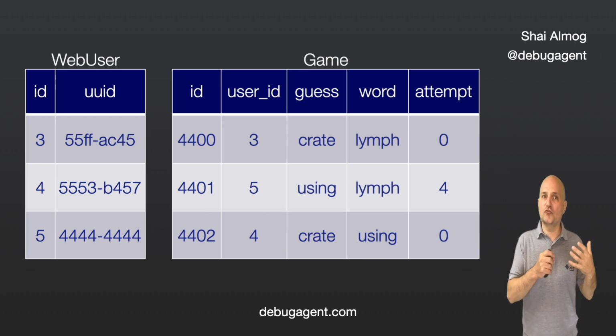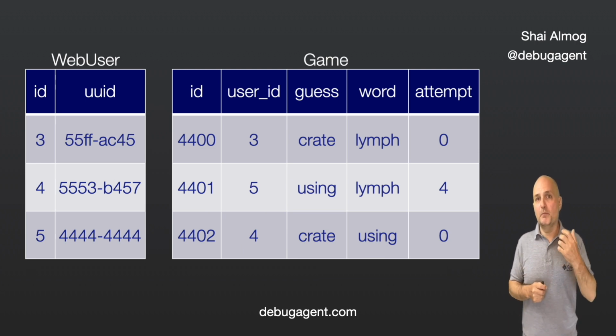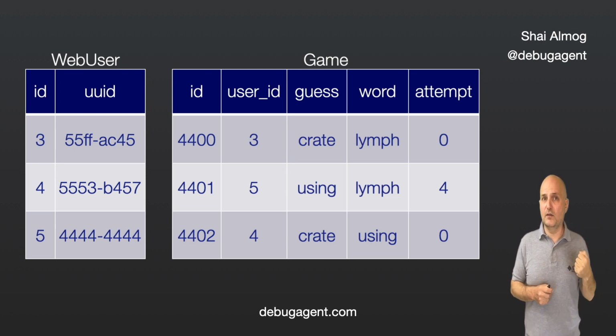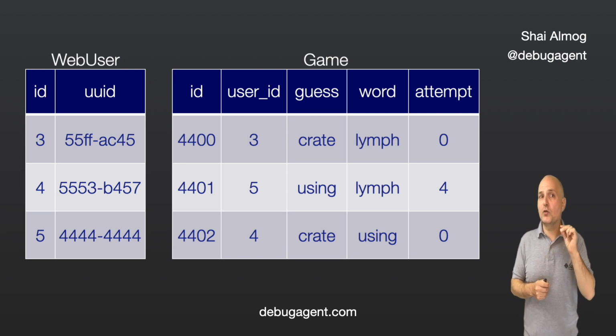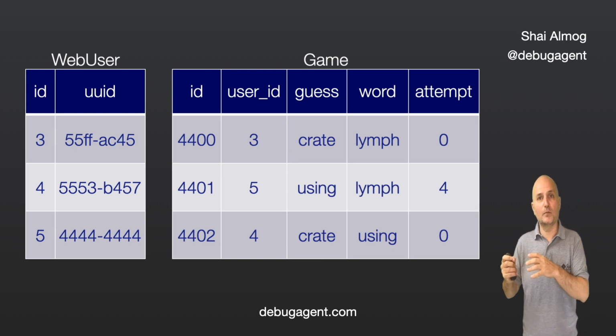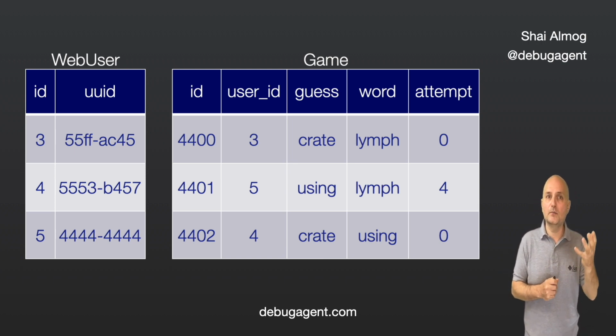Here we have a relational sample based on the code we will build today. The web user object includes a UUID that I shortened here to fit in the display. Notice I could use the UUID as the primary key ID column, but I don't do that here. Doing that would have implications on both security and performance, since the UUID might be generated in the client side.